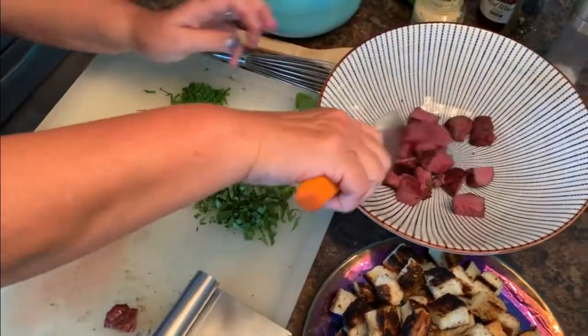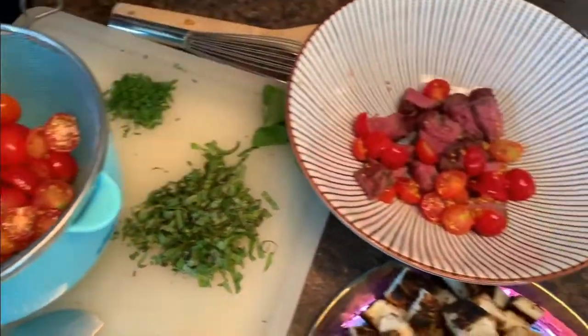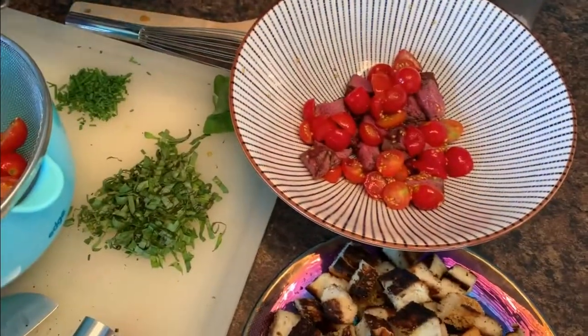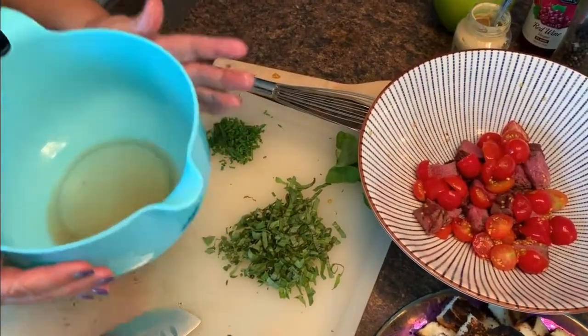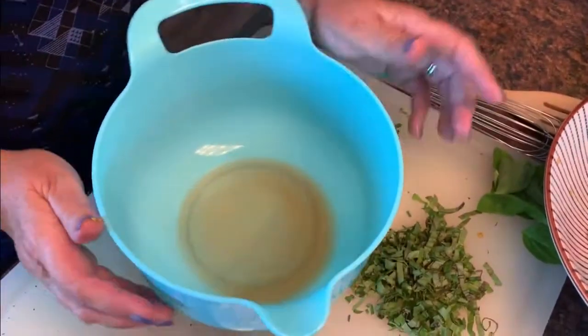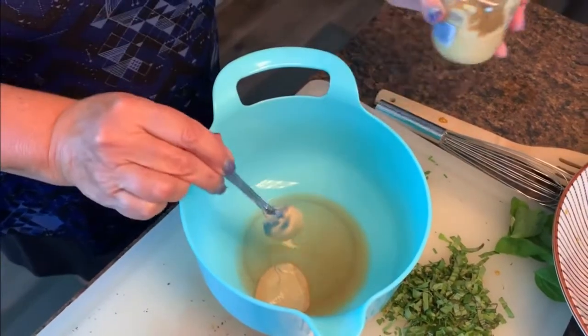So we've got the one steak cut up. I've thrown some of the tomatoes into the steak. I am going to save some of these for the other half of our salad later. So that should do for now. I'm going to set these tomatoes aside in a bowl, and I'm going to start the vinaigrette. You see the juice from the tomatoes? It's beautiful. What I'm going to add to it now is I'm going to start with a teaspoon of Dijon,